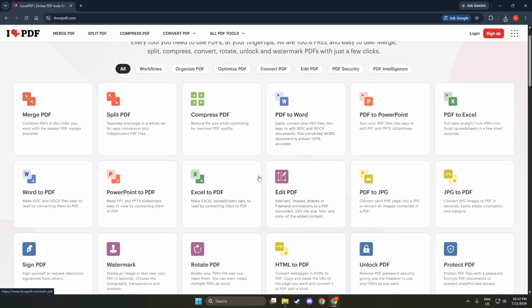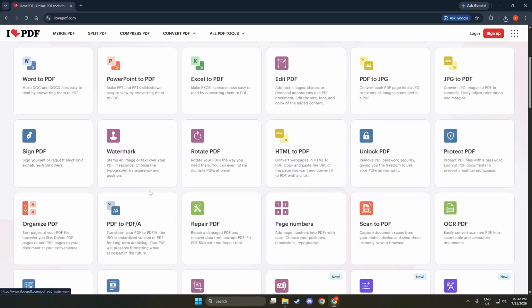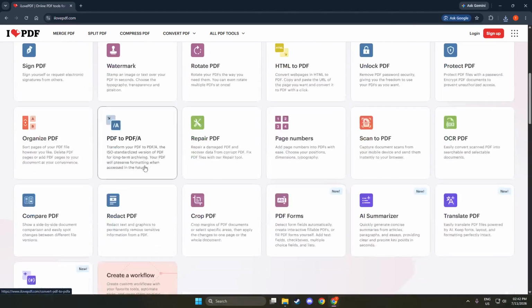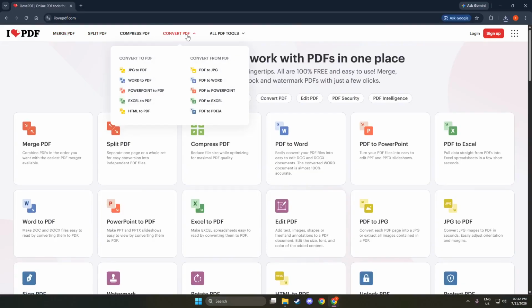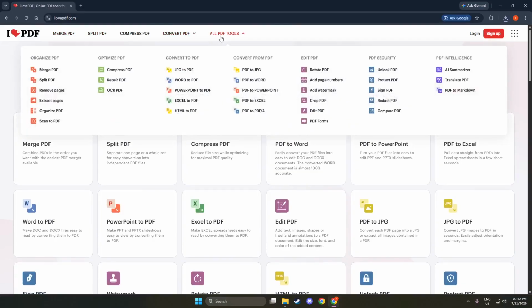Once you click on All PDF Tools, you will see the editing options become more defined. This helps streamline your workflow, making it easier to find the editing tools you will use later. From there, select Edit PDF. This step is crucial because it directs you to the tools specifically designed for document editing.